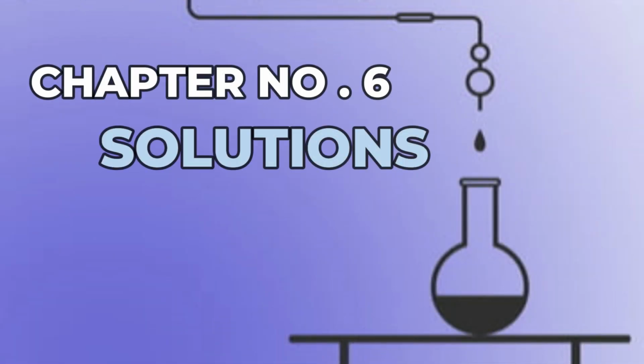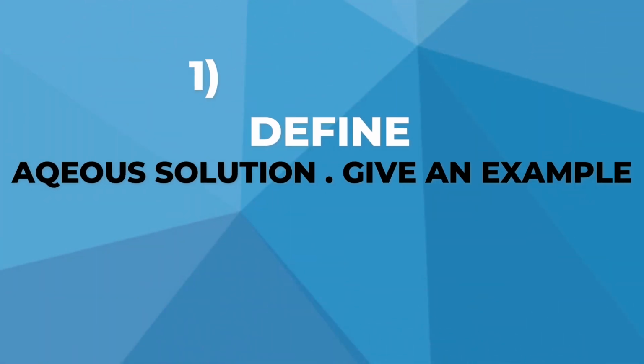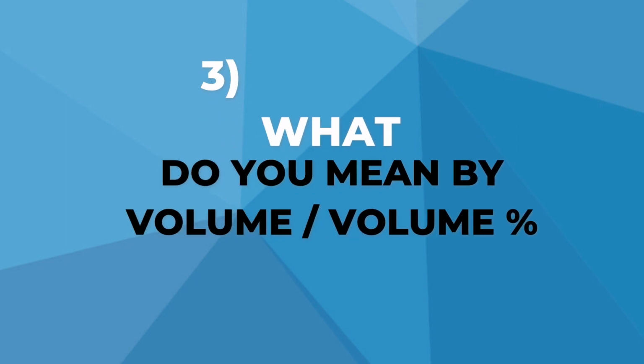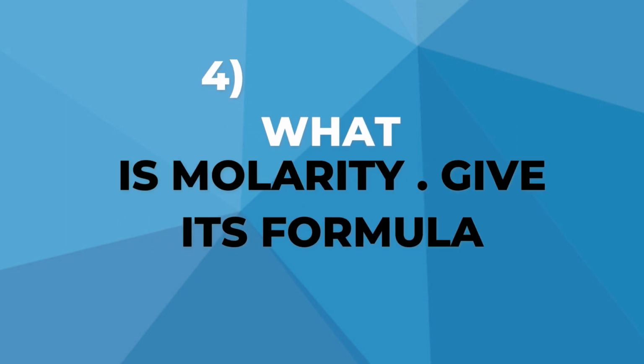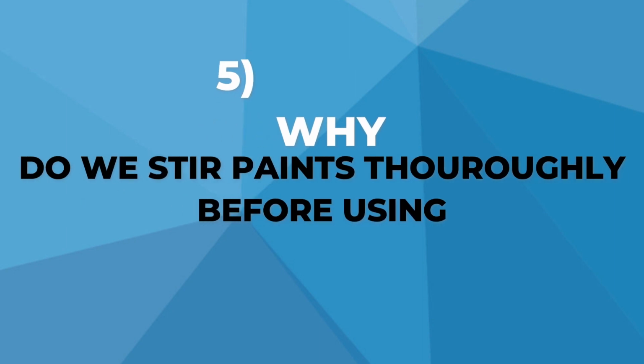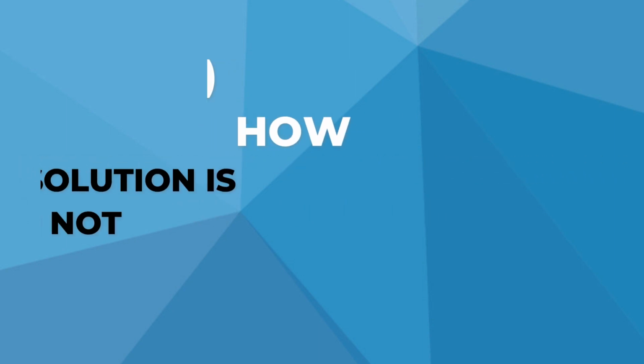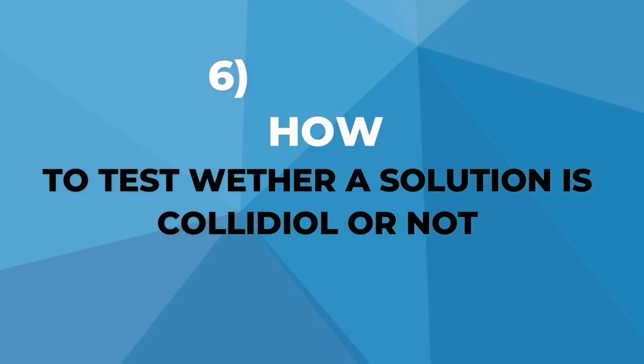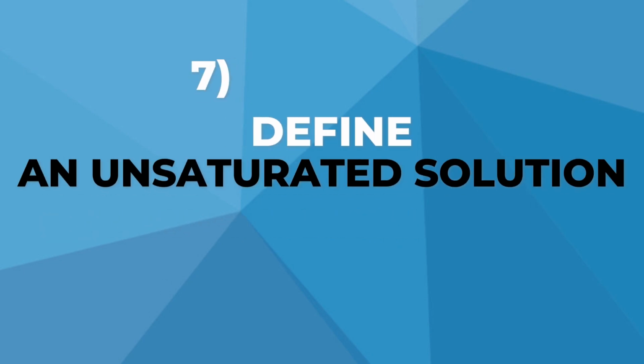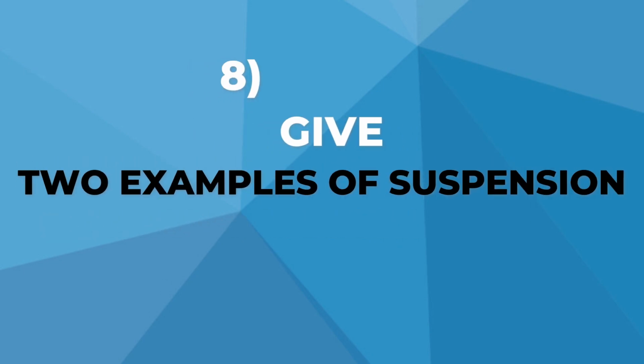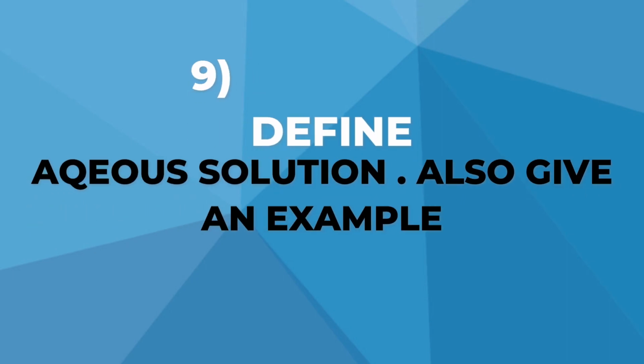चैप्टर नंबर 6 सॉल्यूशंस. इसके शॉर्ट क्वेश्चन है हमारे पास. Define aqueous solution, give an example, what is suspension, what do you mean by volume percentage, what is molarity, give its formula, why do we stir paints thoroughly before using, how will you test whether given solution is a colloidal solution or not, define an unsaturated solution, give 2 examples of suspension,